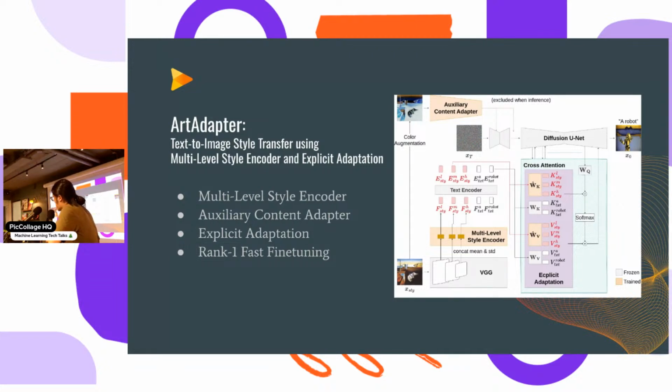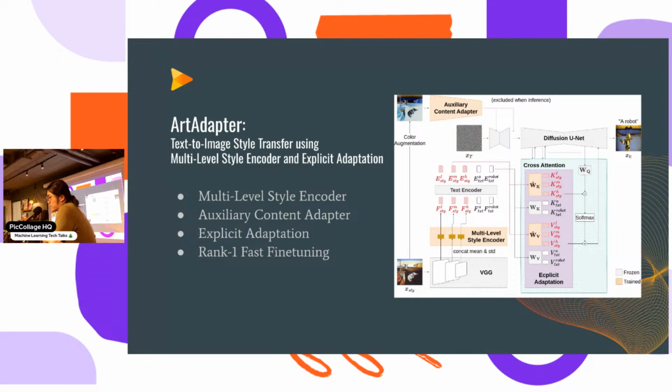So we use it to help extract the style features, and then we choose three activations to represent the low, mid, and high level features. After the style encoder, we can get a style embedding, written here as F. Actually, we can view it as a pseudo word that describes the style.